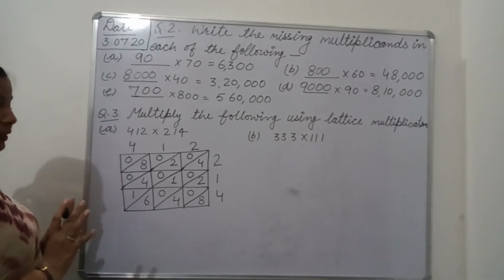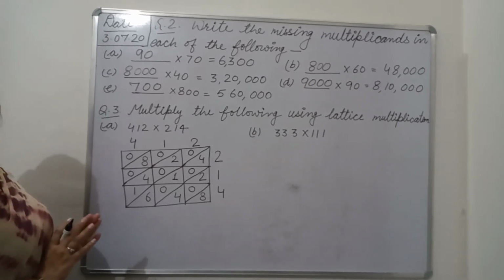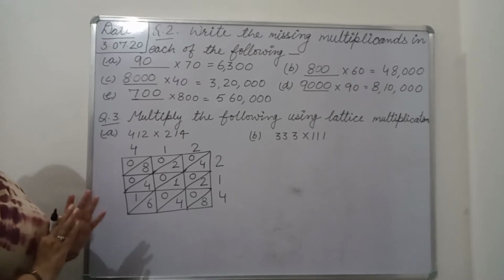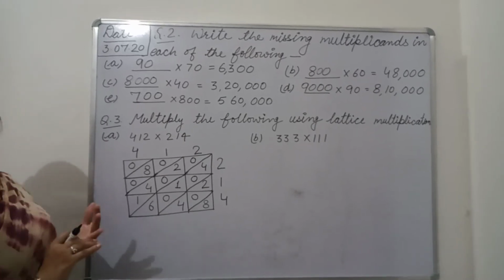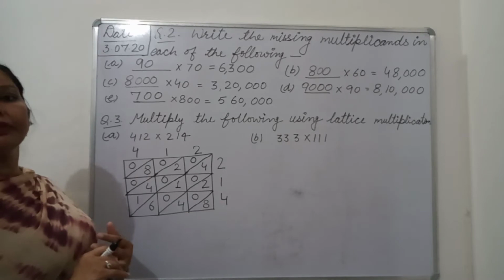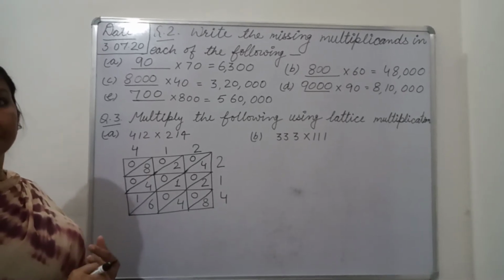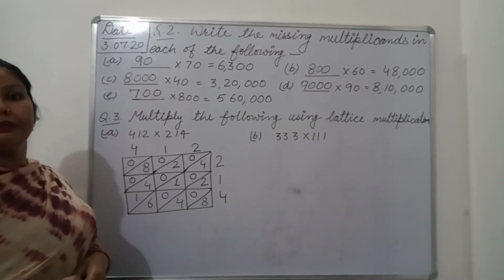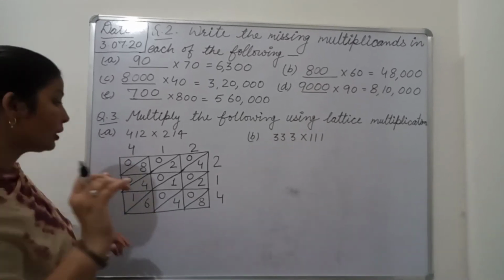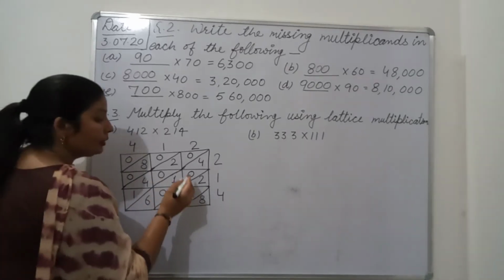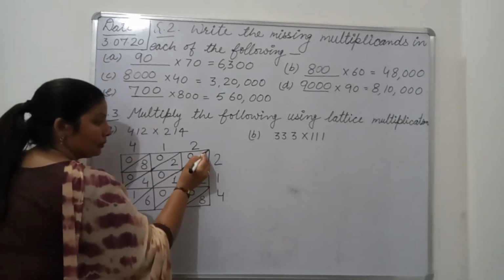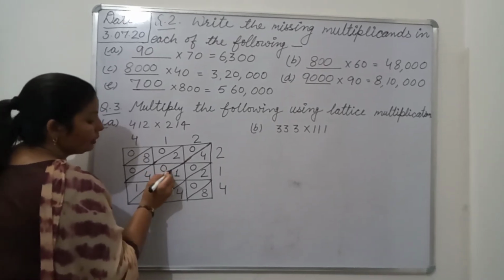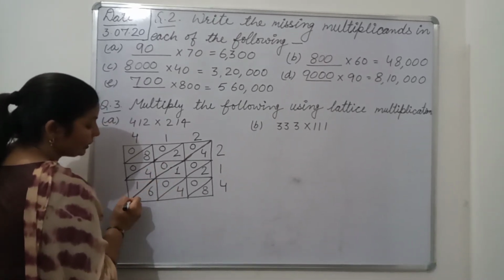Now we get our product? No. We have done only the multiplication, but the product we will get later. Because whenever we are doing multiplication, after multiplying we do addition also. So here also, after multiplying, we will do addition. So how will we add here? Diagonally. Between two diagonals, whatever numbers are there, those we have to add.